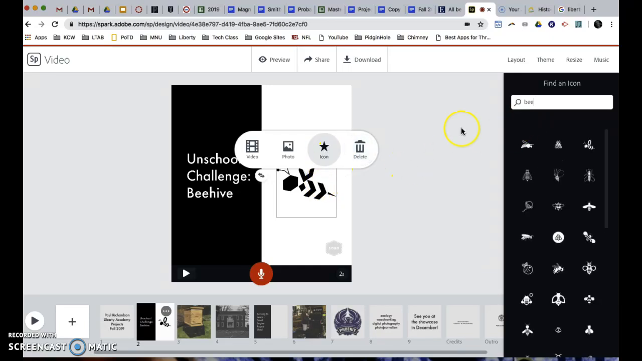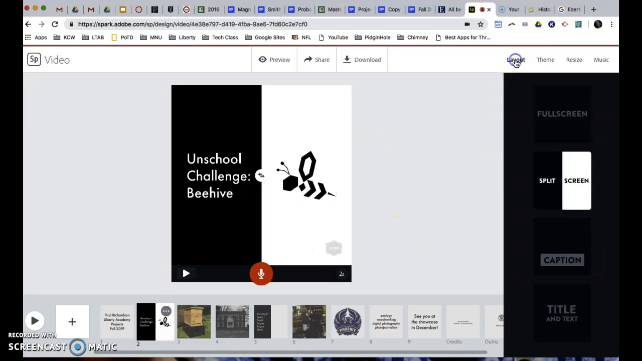And I did icon. And since my project was a beehive, I just did find an icon, typed in B, and it gives you these little icons, which I think look pretty cool. So that was the split screen layout using text and using an icon. And so I would say something like,